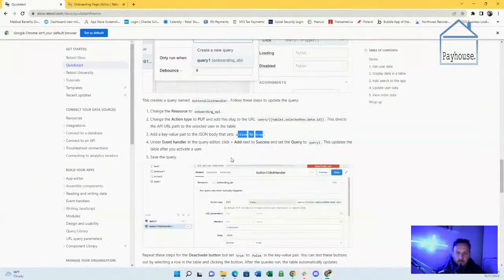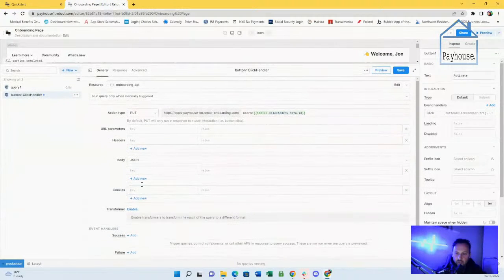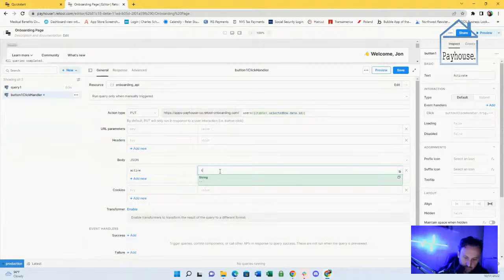All right, so we're going to add the JSON body here. So we'll add a key value pair. This will be active. And the value here will be true.